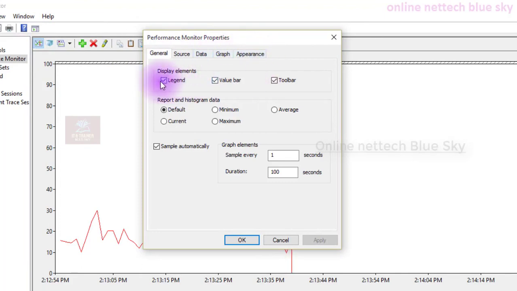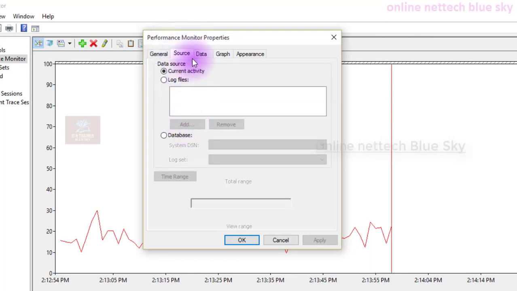Click on General, and you can see the display elements: legend, value bar, and toolbar. Okay, so report and histogram data. So default, current, maximum, minimum, average, you can see here. So this is one type of data.